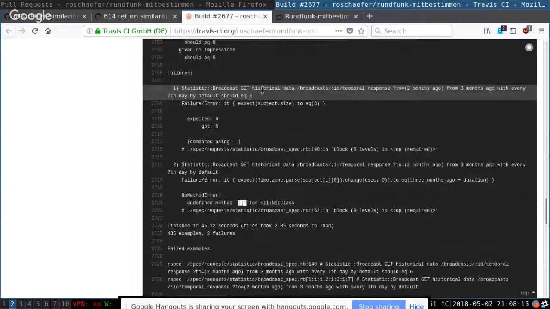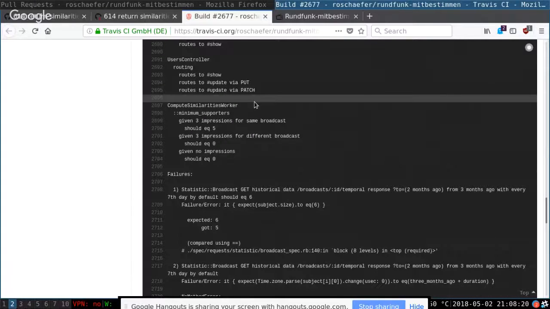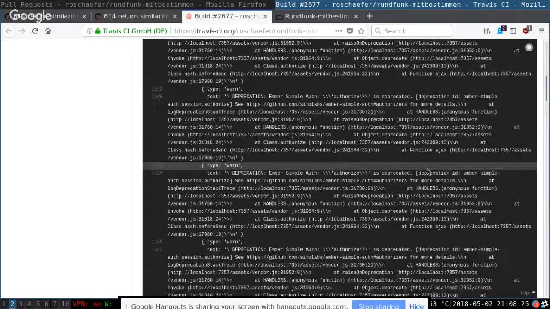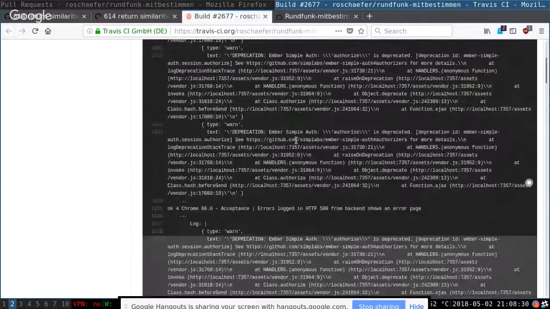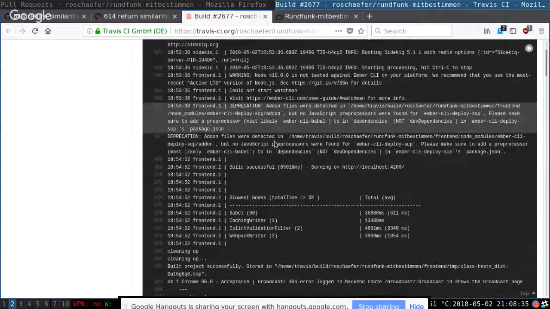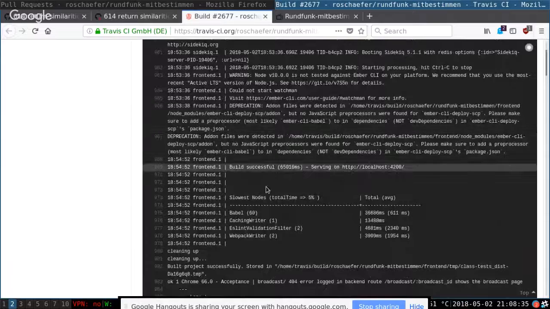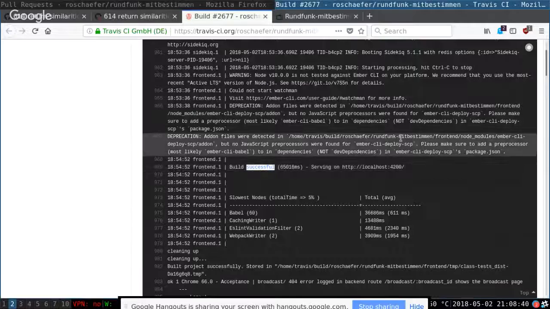Strange. Yes, it's especially strange since I thought that this test is actually not flaky. There are a couple of things that are flaky. One thing that I absolutely don't understand is that sometimes the front end cannot be built, but then you would see it somewhere here. It says build error, but this one was successful.